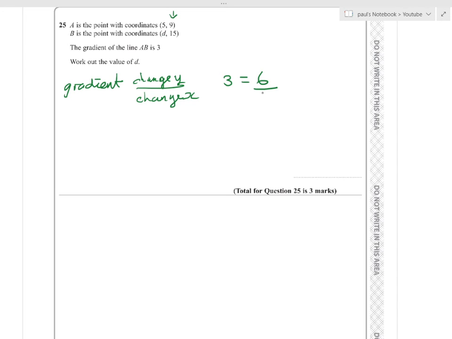We don't know that. So then we've got 3 times don't know equals 6. So this obviously is going to be equals 2. So value,